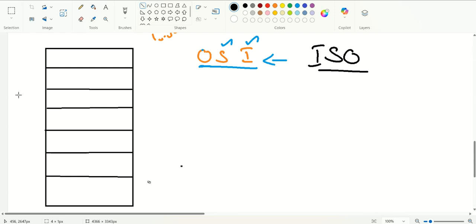Yeah, we have 7 layers. It is nothing but 7 steps, 7 ways, 7 steps in preparing data for communication. For example, if I need to write a letter in olden days,